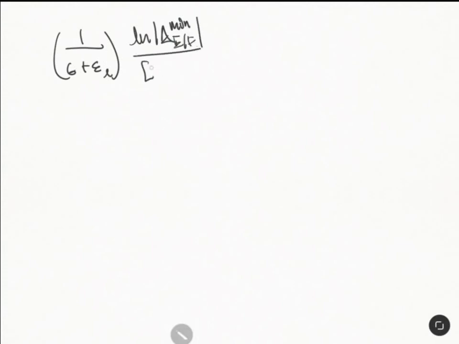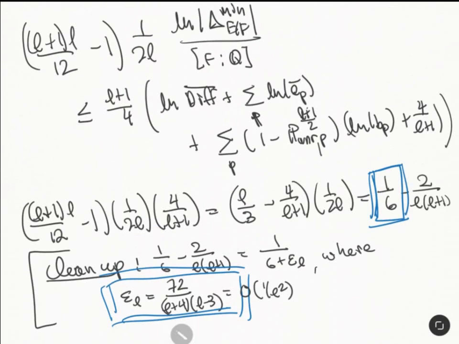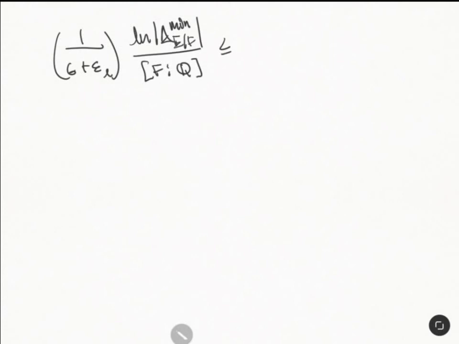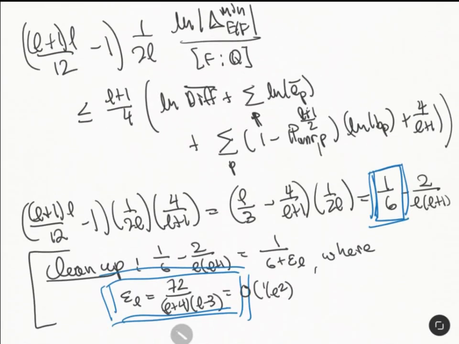It's 1 over 6 plus epsilon L, times the natural log of the minimal discriminant of E over F, divided by the degree of F over Q. This is less than or equal to the natural log of the different term, the average different, plus the sum of the average ramification indices, right, plus